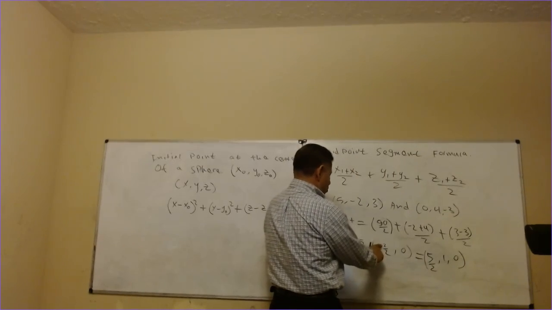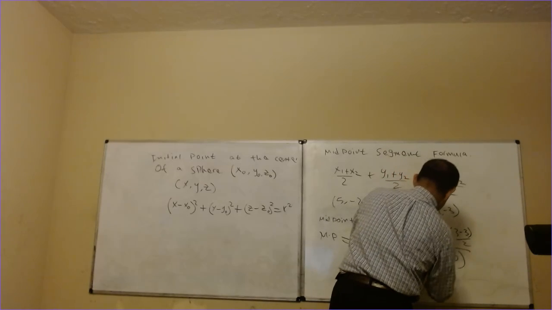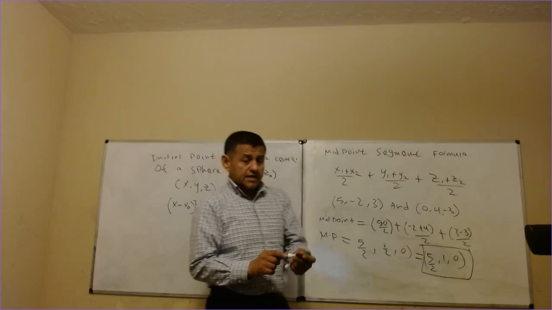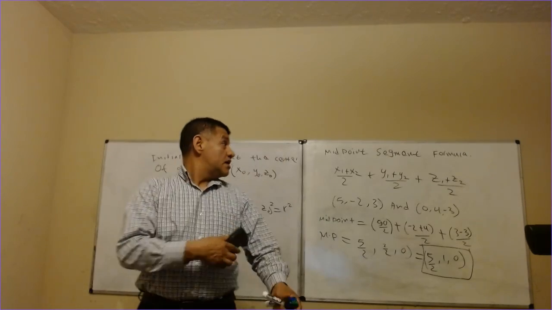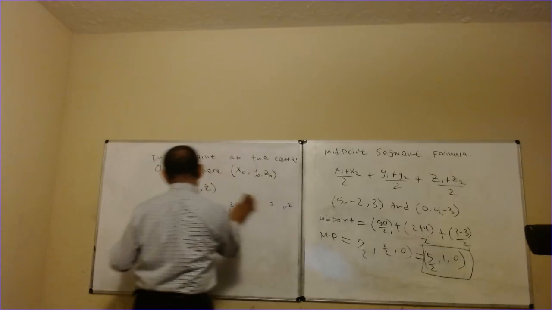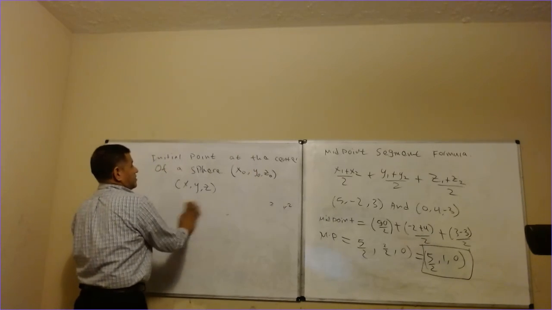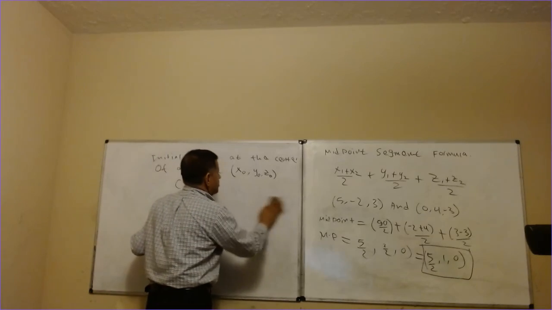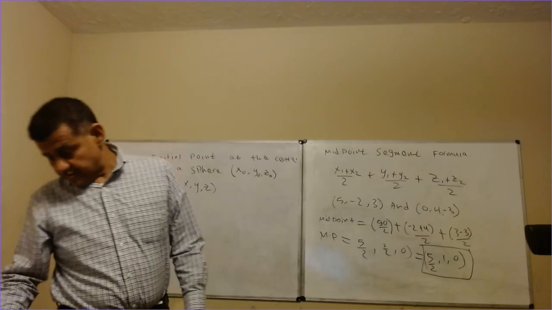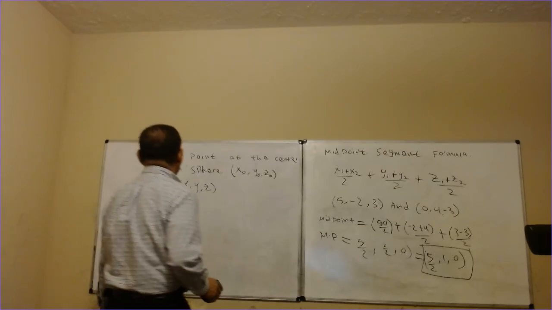So yeah, 2 divided by 2 is 1. So therefore, that is the answer. Okay, so that is using the midpoint formula, right? So now using the spherical type